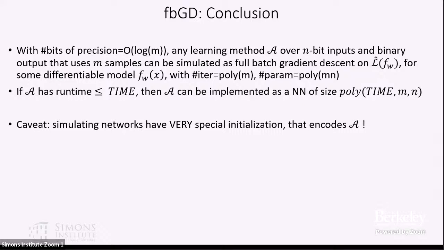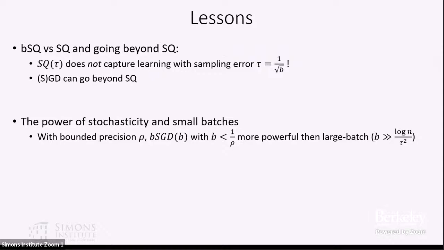And again, the main caveat for all of these results, as Adam already mentioned, is that these networks are ridiculously crazy networks with super specific initialization, right? I mean, if Steele starts with a PAC algorithm, and then Adam implements it with a minibatch SQ algorithm, and then I implement it with gradient descent on a neural net, my initialization of the neural net encodes the circuit that implements Adam's SQ algorithm that implements Steele's PAC algorithm. That's a completely crazy initialization and not something we would ever use. So nevertheless,